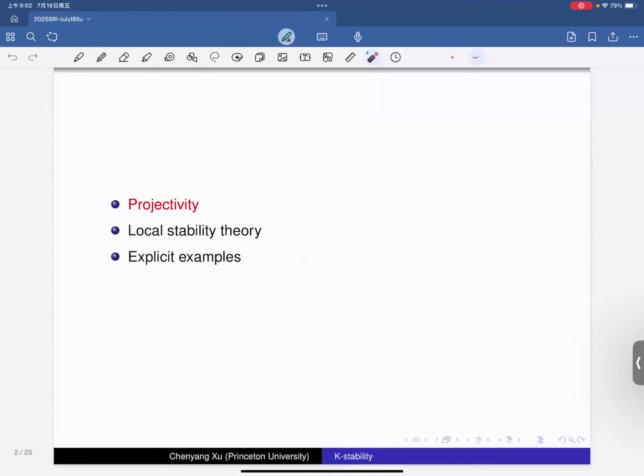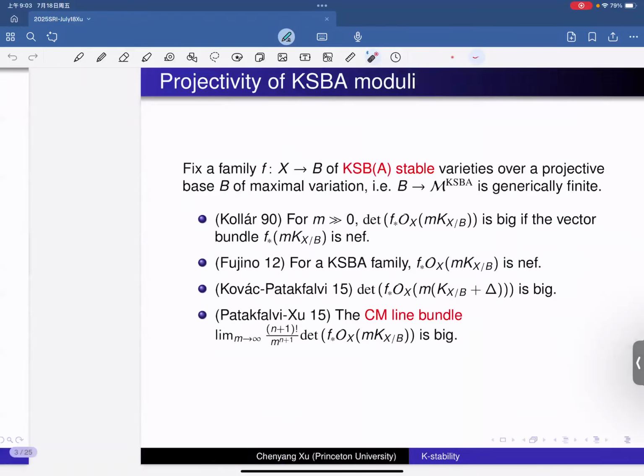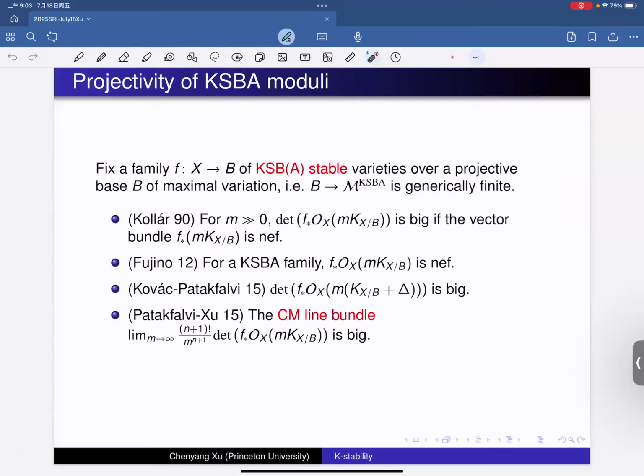Okay, so today I want to talk about three topics: projectivity, local stability, and explicit examples. So I will start with projectivity. I will first just outline how we prove projectivity of the KSB or KSBA moduli space. I think Jørgen will talk about this more in the next lecture. I will roughly say there are three big steps. So the first step is,